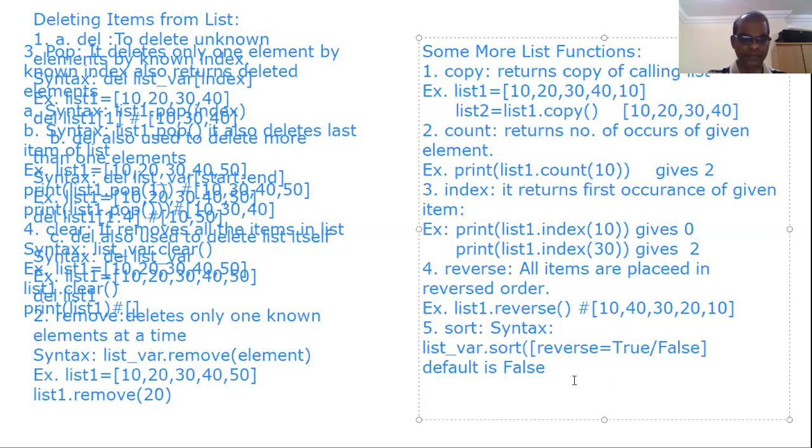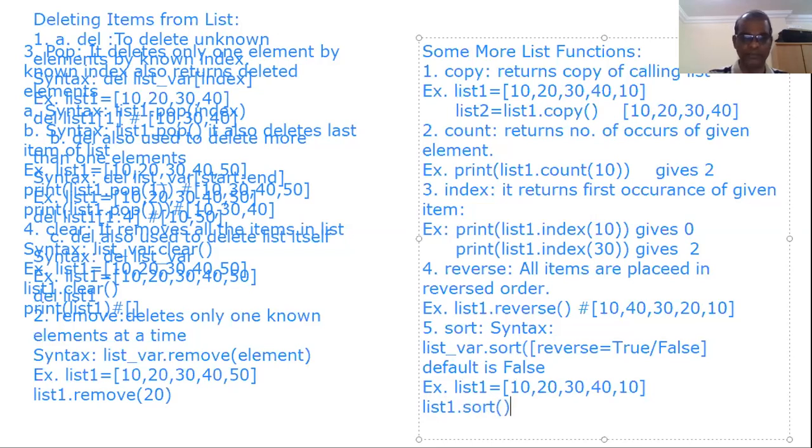We will see an example here. So already we are having one list, list 1. You can have one more. List 1 equal to 10, 20, 30, 40, 10. It is like this. I want it placed in ascending order. Then simply put sort, that's all.